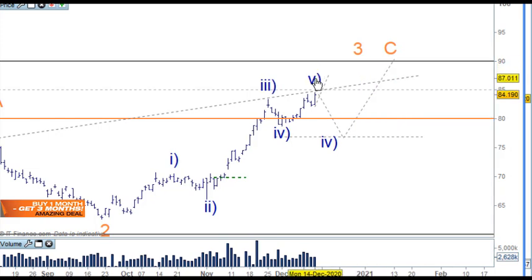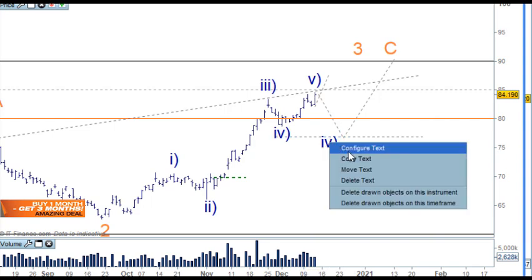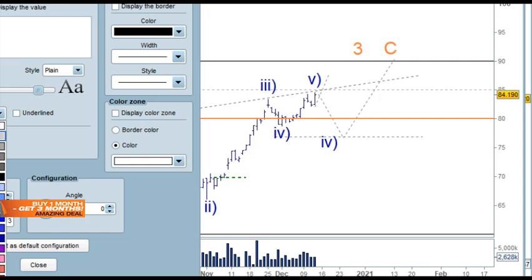Into this little space here, making a new high, and we would already have 1, 2 and 3, 4, 5 coming into that space. So that may be the case, really, or we could look at this here as wave 4 as well. So